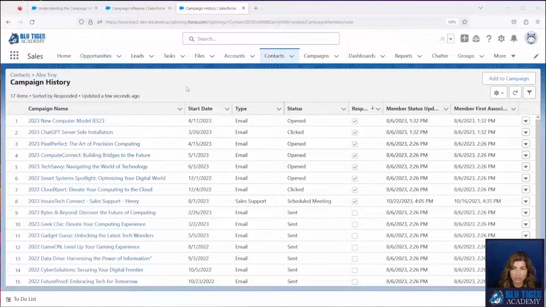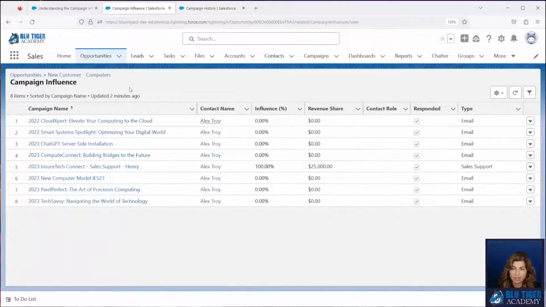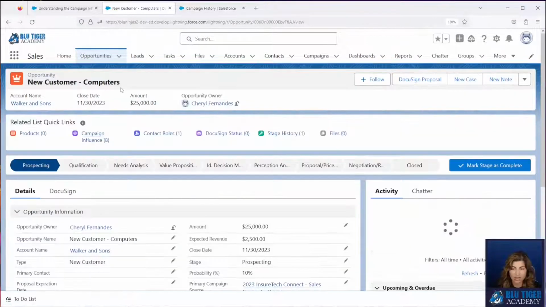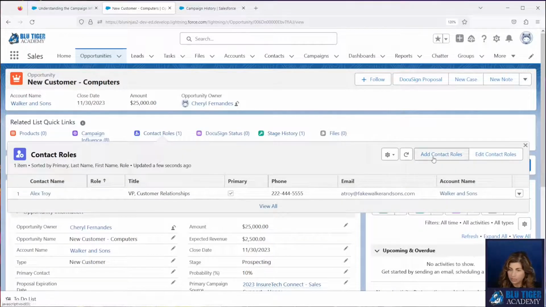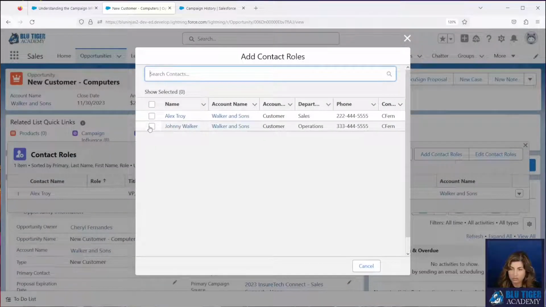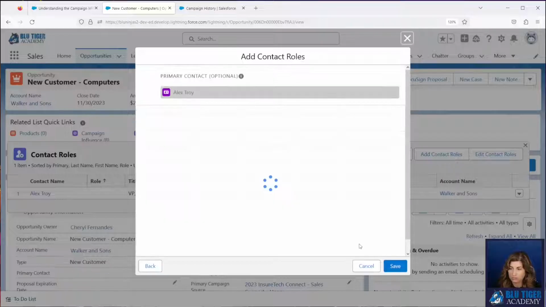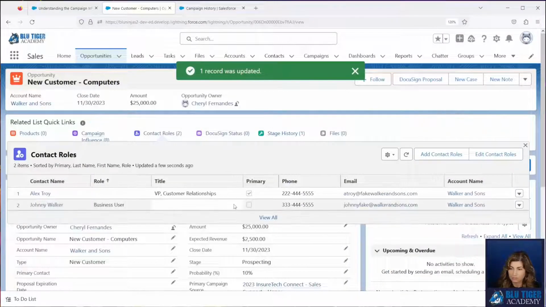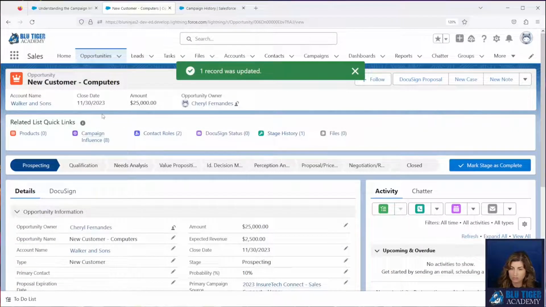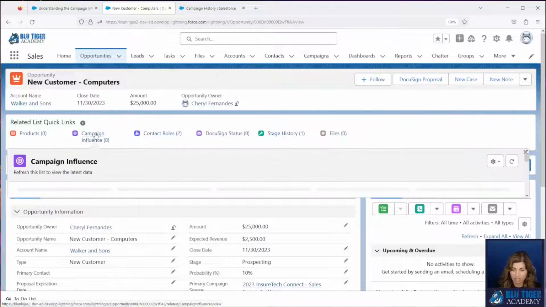The next thing I want to show you is what happens when you add another person as a contact role. We're going to come here and we're going to add Johnny Walker. And then we're going to look at campaign influence.